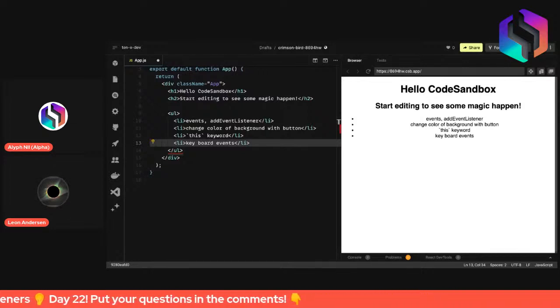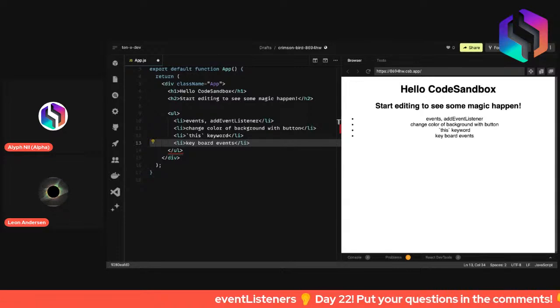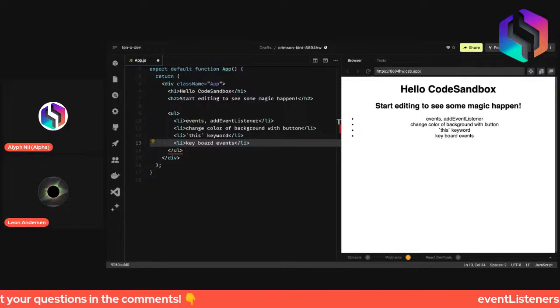No, I'm not sure if that's keyboard events, to be honest. It's not always keyboard events when you're typing in forms. But anyways,